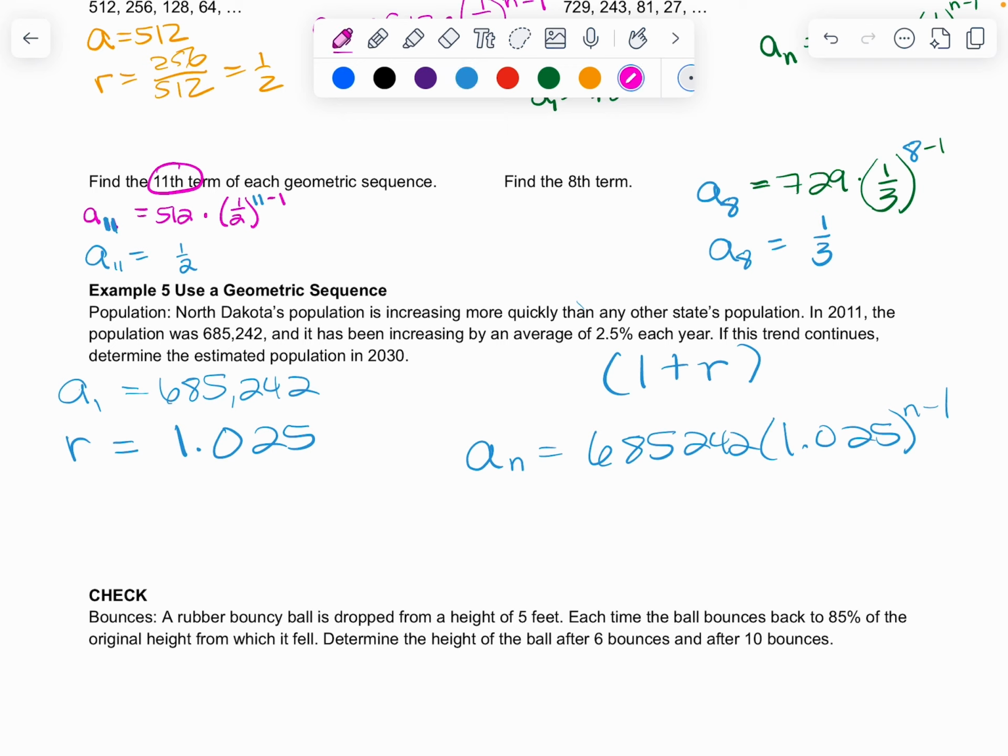Now, it wants the 20th year. So that's going to be, oops, I didn't mean to do that. I want this color. 685,242 times 1.025 to the 20 minus 1, which is 19. So we're going to plug that into our calculator. And we're going to get 685,242 times 1.025 raised to the 19th power. And that's going to get, in the 20th year,